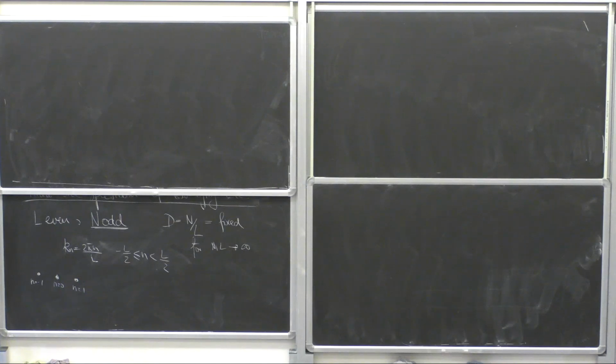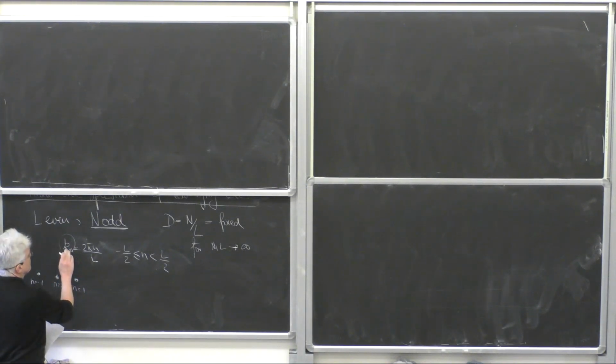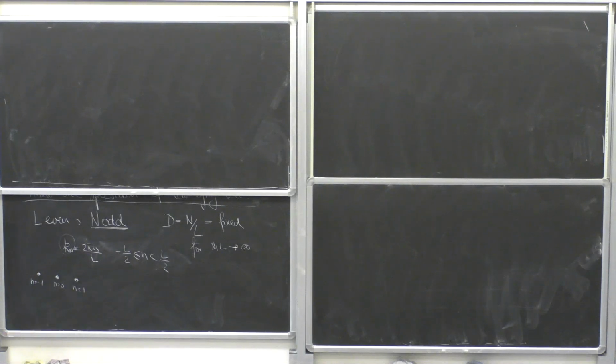So if I fill the Fermi sea, when kn take these 2 pi integer over L values, the Fermi sea always will involve an odd number of fermions,